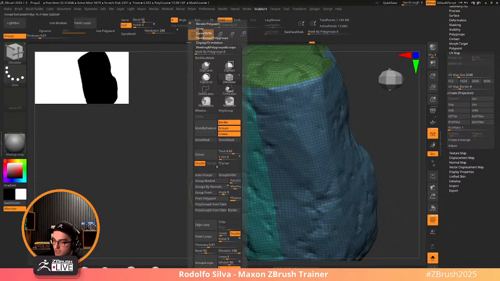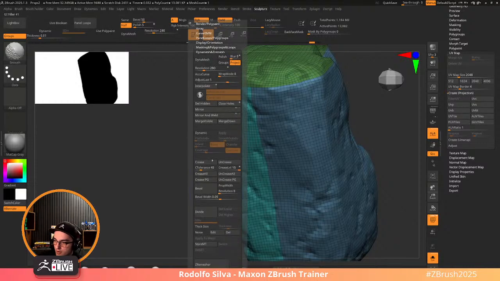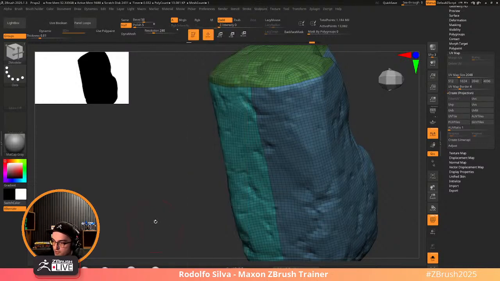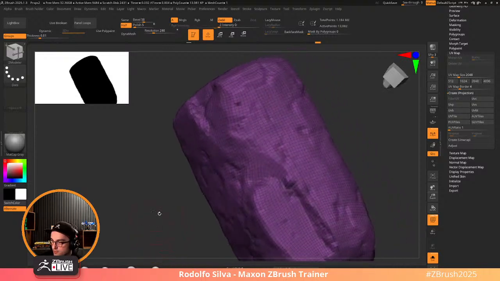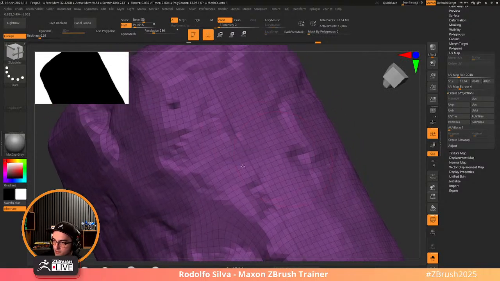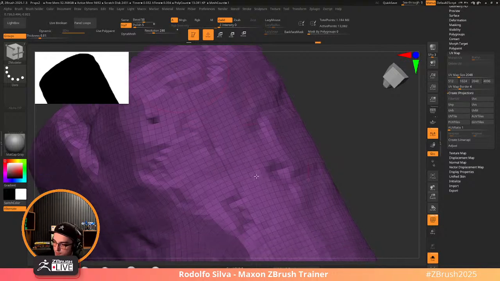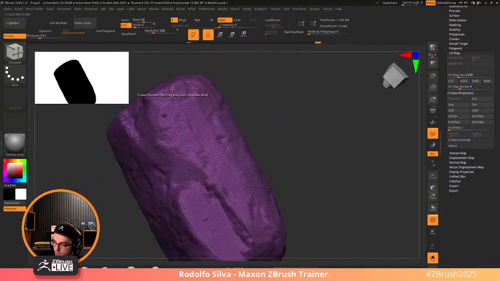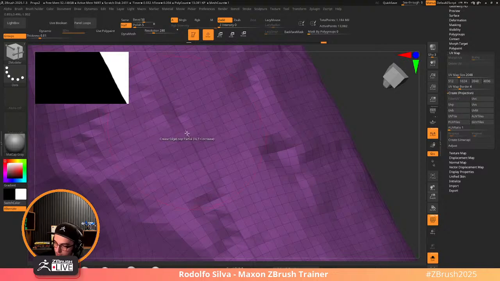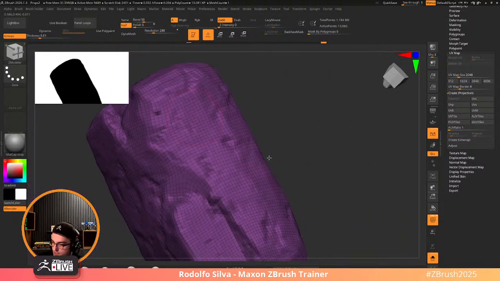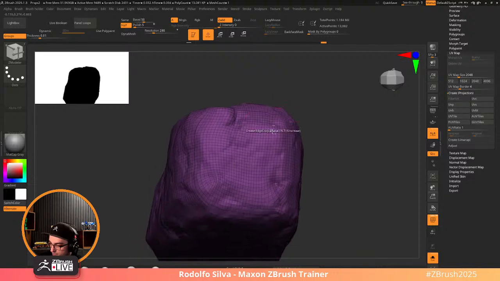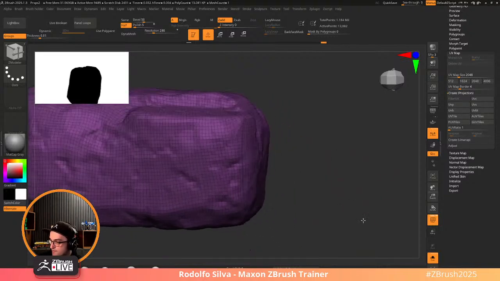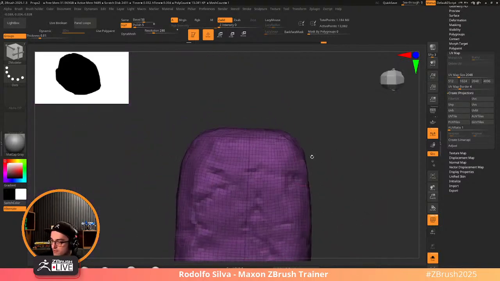So what I could do is I could crease PG to start off, right? Crease PG, and then just go one single polygroup. And now with the crease with ZModeler, I want to uncrease this one. I want to uncrease this one. Does it work? Oh, it's not uncreasing. Okay, I want to uncrease this one with the edge, right? And there we go. And now what happens is we have creases over here, and we have creases over here,